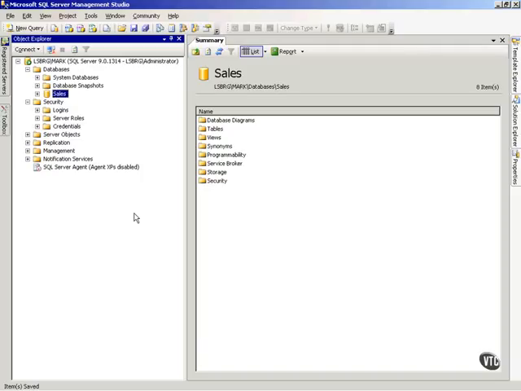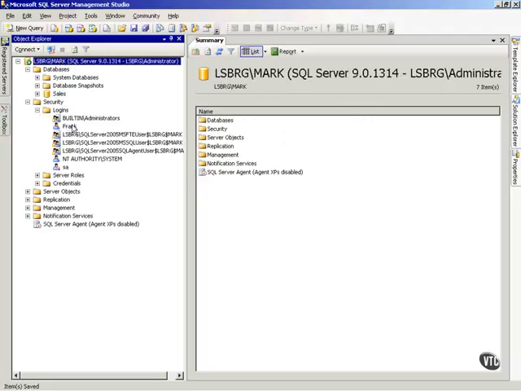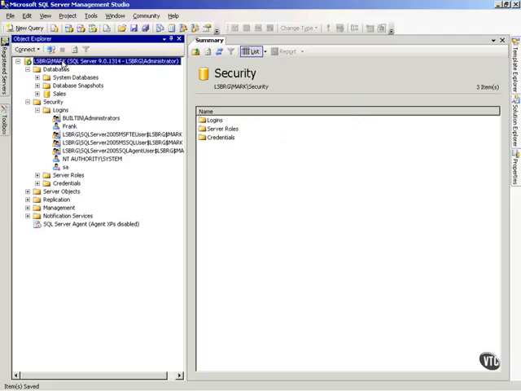Now let's take a look at managing our users, and this is considerably more simple than managing logins. But if you remember, logins get our users onto the SQL Server. So here's the security folder for the SQL Server, and here's the login, Frank. But inside our individual databases, now if we look in our databases folder on our server, and we notice that